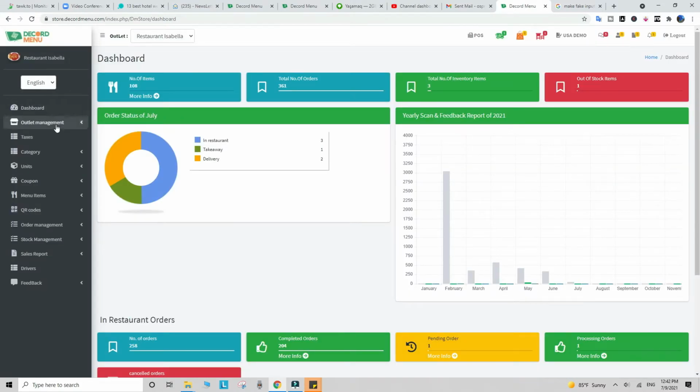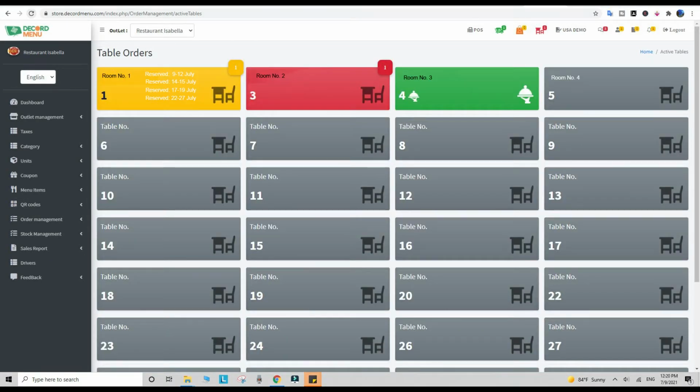You can create new rooms and deactivate existing rooms using this option. To view the existing rooms and their status, you can go to this option. Color differentiation will help you to identify the room status. Whenever a reservation is made, its color will change to yellow. You can also see the upcoming booking details on the same tab, and by clicking on this, the details will be expanded.